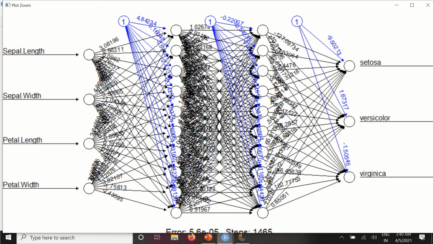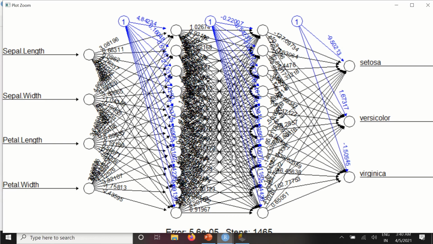So whatever we see here, the signals at these connections are the real numbers, and the output of each neuron is computed by a non-linear function and sum of its inputs. So these are being calculated. These numbers here are being calculated by the sum of its inputs, and each connection is assigned a weight that represents the relative importance as well.